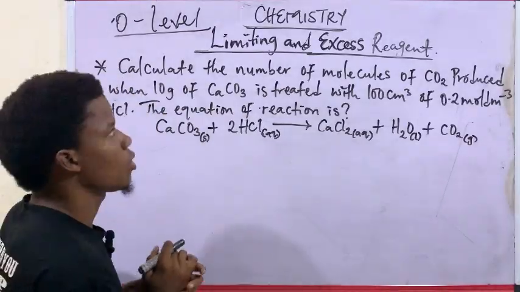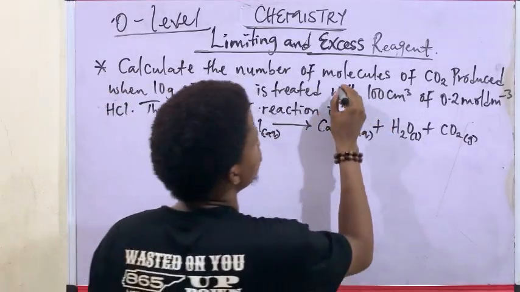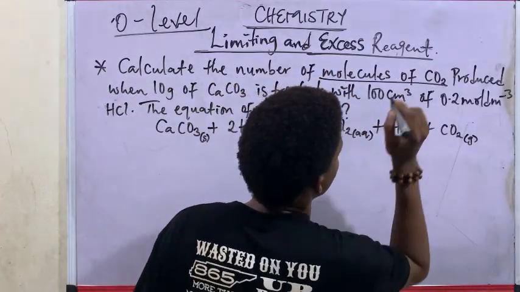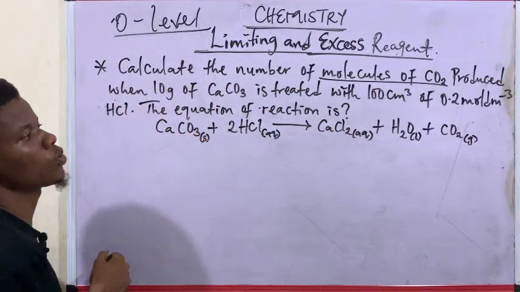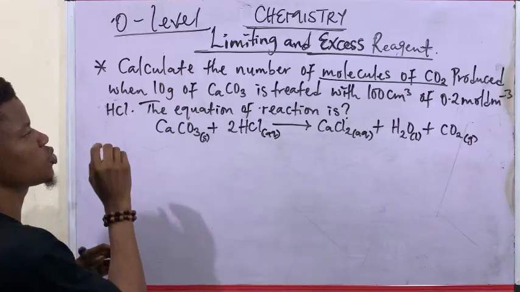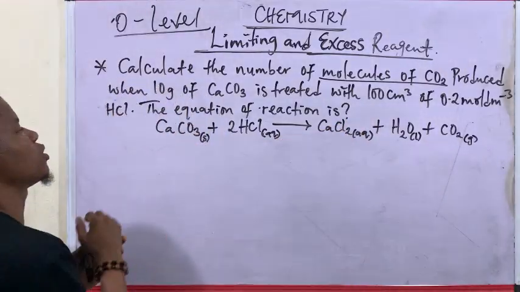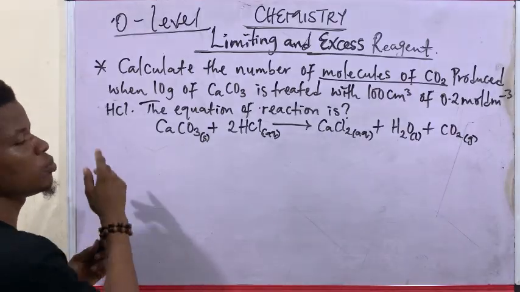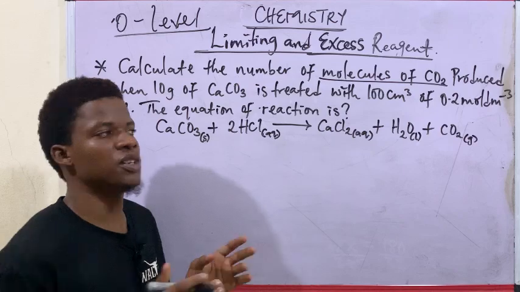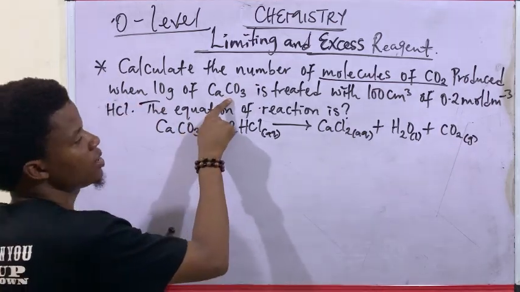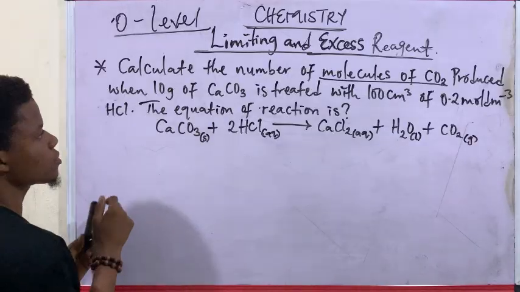First and foremost, the question says calculate the number of moles of CO2. So we are looking for number of molecules rather. Calculate the number of molecules of CO2 that will be produced when 10 gram of CaCO3 is treated with 100 centimeter cube of 0.0 mole per dm cube HCl. So now what we are going to do is find the limiting reagent between CaCO3 and HCl. Now to do this,